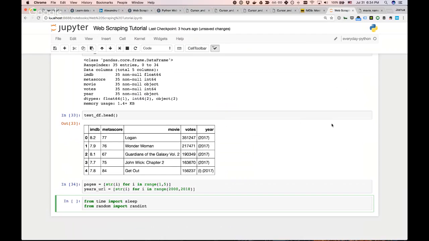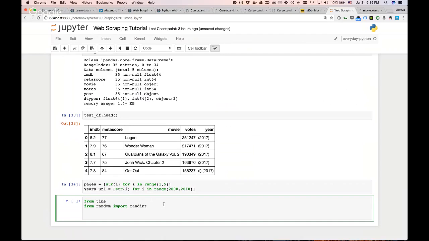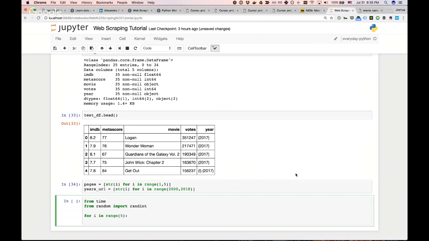We're going to do this in a pretty crude way, but it actually works quite effectively. Let me just import the whole time module. We can say loop 5 times, and we can say